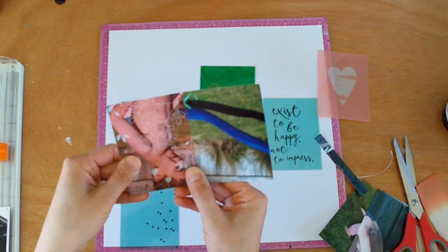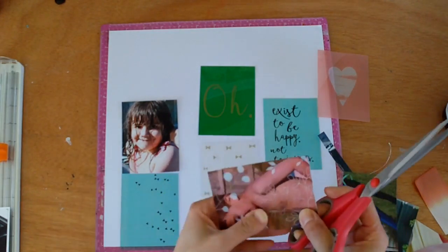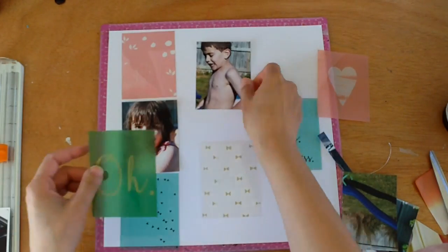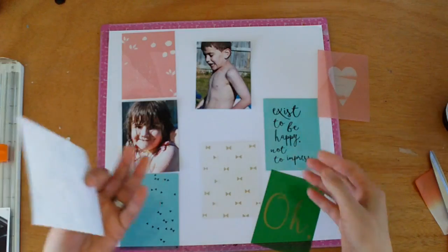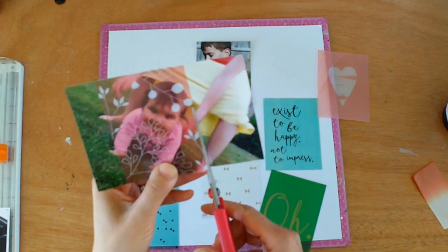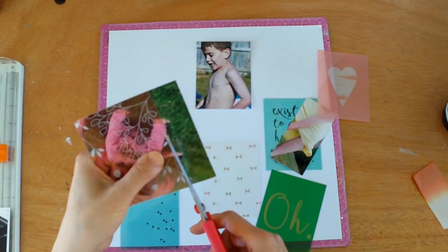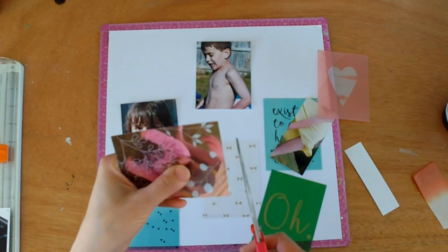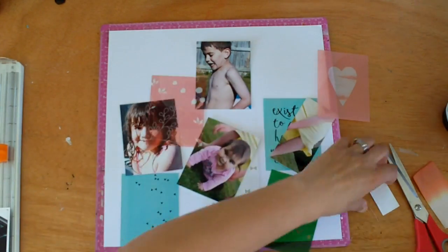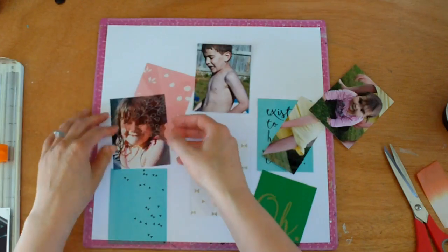Now, I've scrapped each of my children on the same days that the photos were taken with similar photos, and the one of Azaria, which is my middle child, and the one I've placed down, that one, I think I printed that one twice, so I just had these photos left over, and I thought they'd go really well on a page together. It's not that they weren't worthy of a whole page themselves, but I quite like to have pages in the family album or my own album for me. So even though my journaling will be to them, this is a layout that will end up in probably the